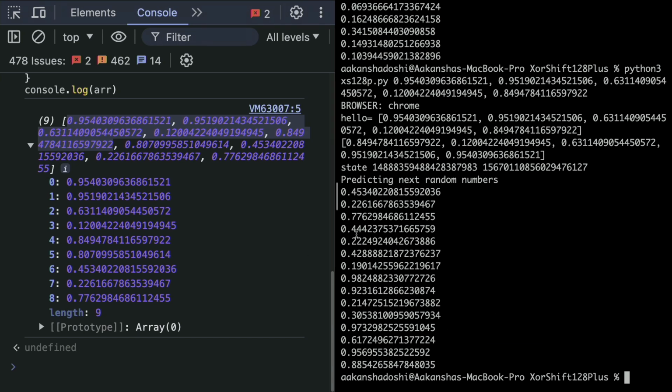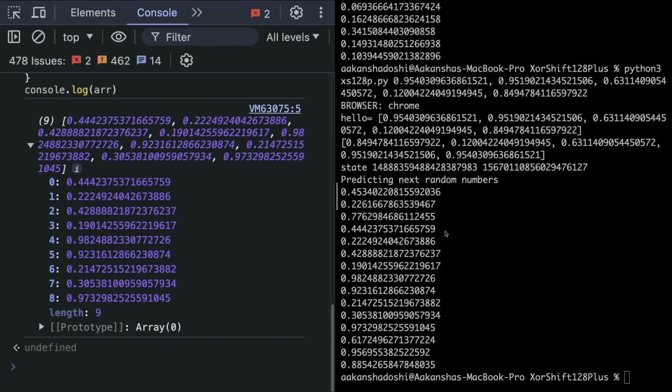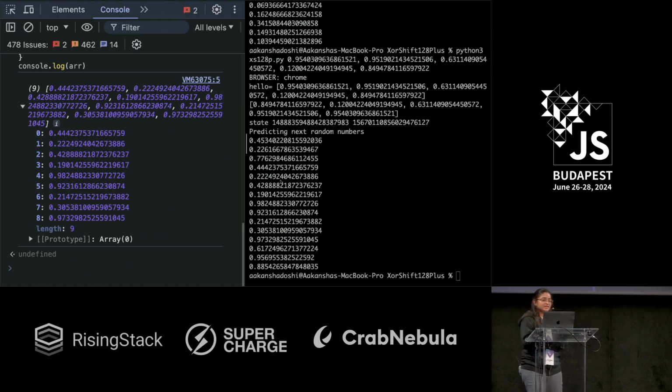Now you can see this 4534 here in the 6th index. You can see 2261667, that's also present here. You can see 0.7769, that's also present here. If I generate it again, you will see the other numbers as well, 0.4423753 is also here, 222 is also here. So all the numbers, I'm able to predict. And this really solved my curiosity. And under the hood, it's basically a combination of bitwise XOR and shift operations. You can look into it later if you're interested. But this is something I wanted to show because I really loved it when I came across this article.